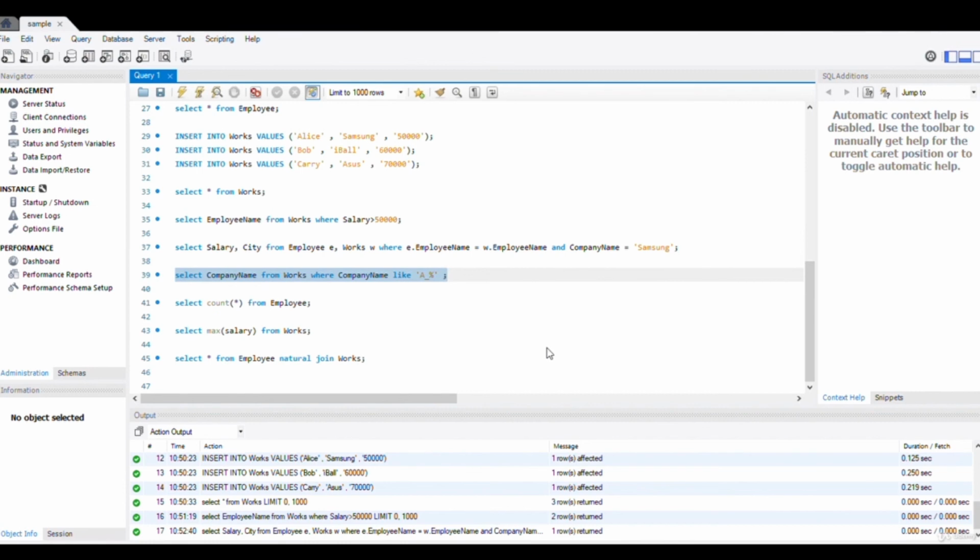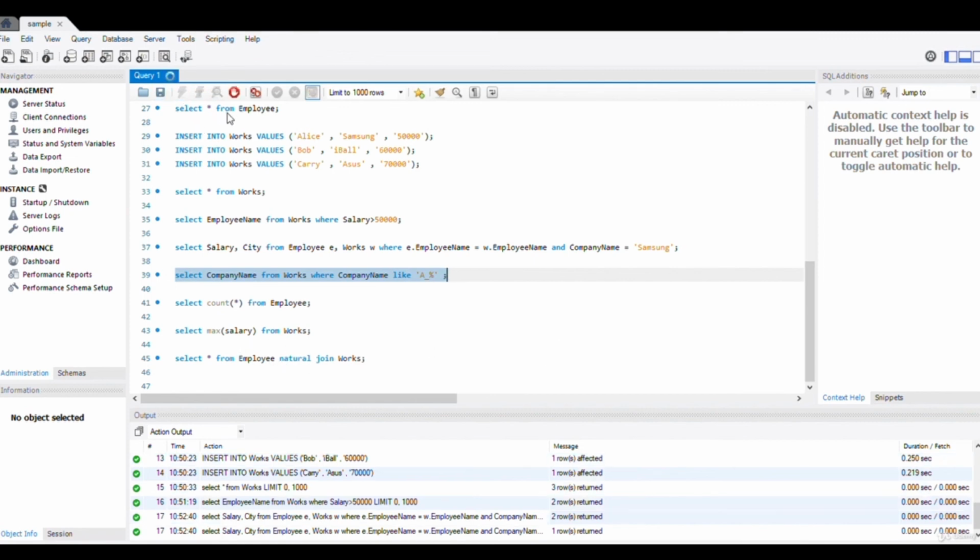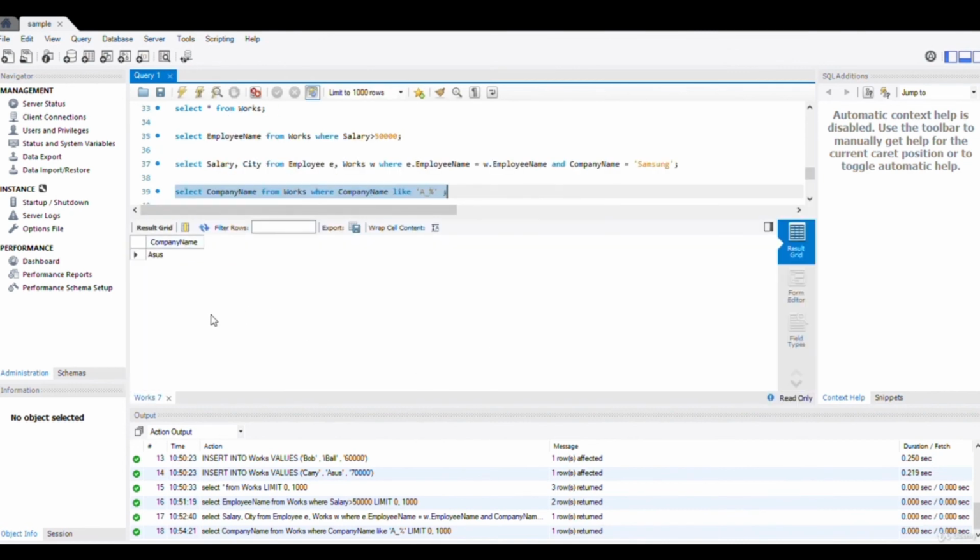It depicts the beginning or end of any word. So over here the percentage sign is written after the letter, which means the word starts with A. So if I want to find the employees whose name begins with A, I'll write it as like A underscore and then percent. Over here we want to display the company name. So I'll execute the query and you can see the company name is ACES.